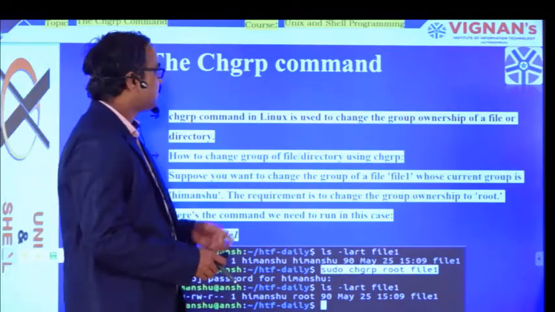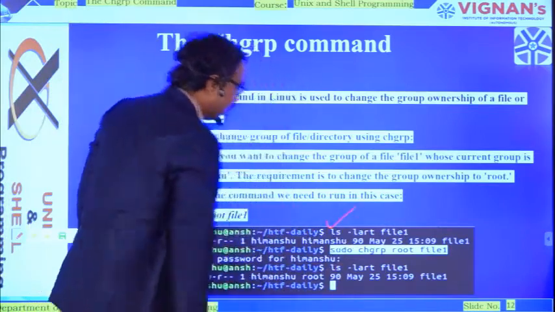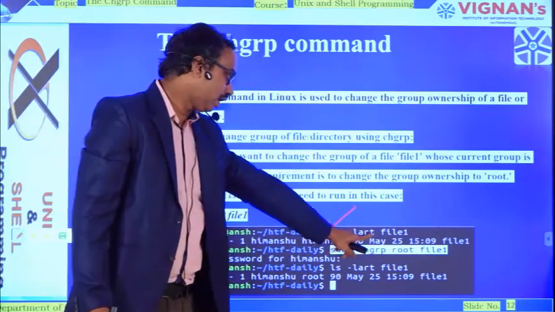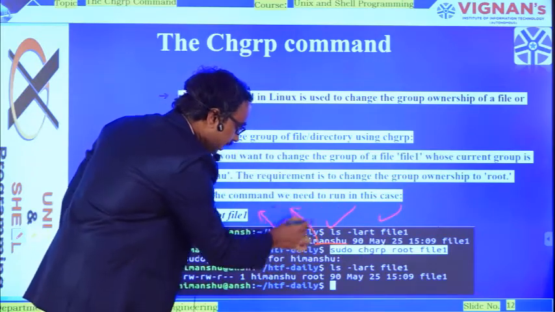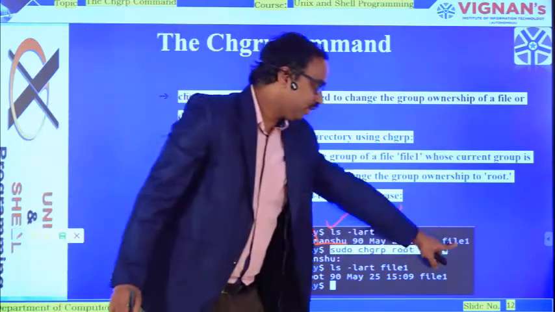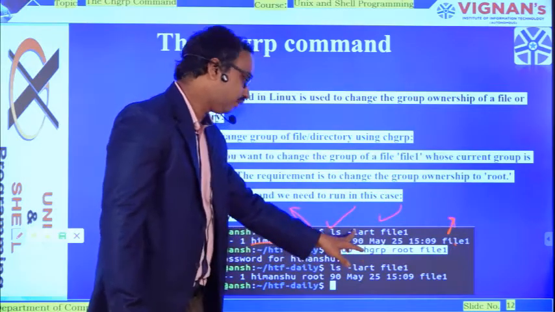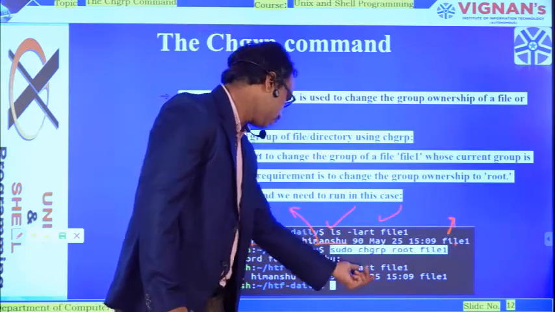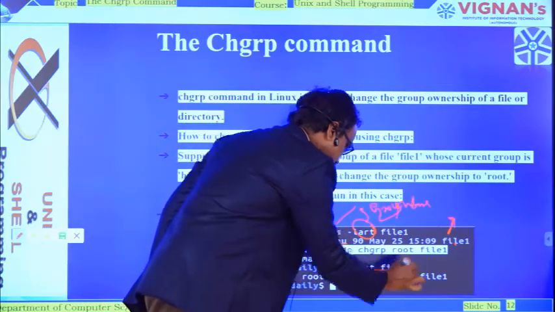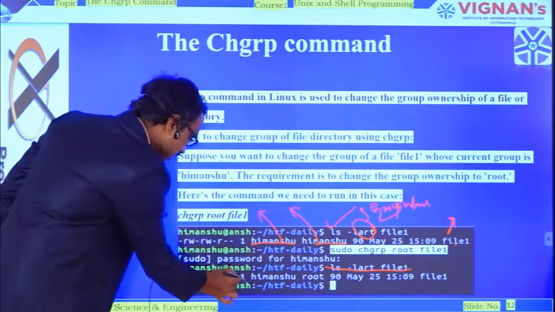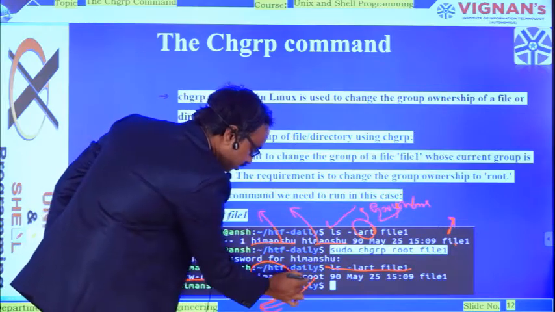Now we will see the execution of the chgrp command. As usual, we can type ls option lr and the file name file1. The owner name will be Himanshu and the group name will be the same. The file name is still file1. Then we run chgrp with the group we want to change to, and the file name. Once I type this command, it will display the permissions and file names as the same. The owner is still the same. Where is the change? The group name is root, so it will become root.